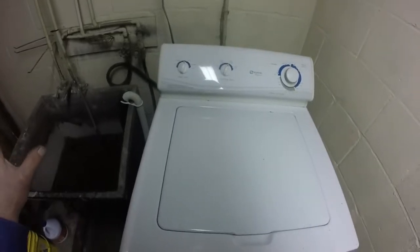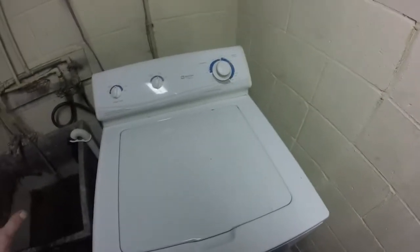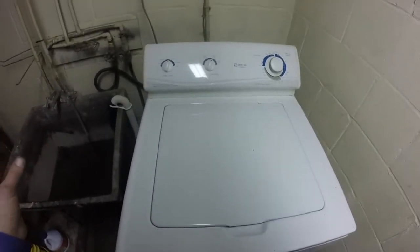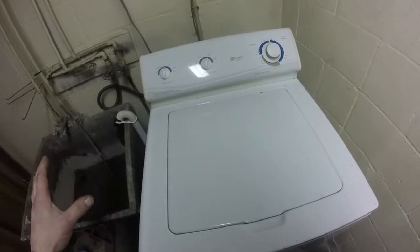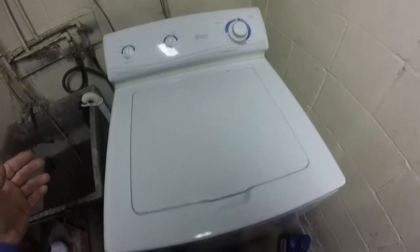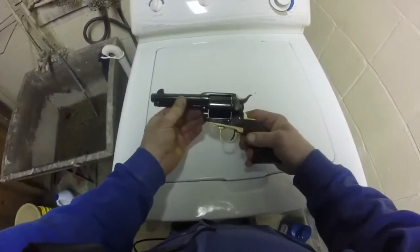Always bashing the NRA, never bothered to take any kind of safety course or anything like that. And he's saying, well, I never pulled the trigger. I didn't get the hammer pulled all the way back, and I let go of it and it went off. Well, here we have an F. Lee Pietta